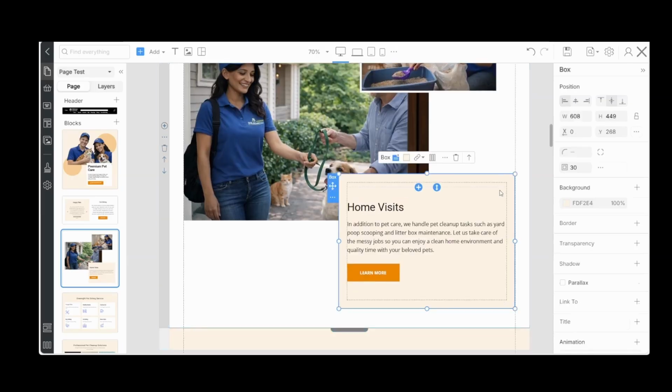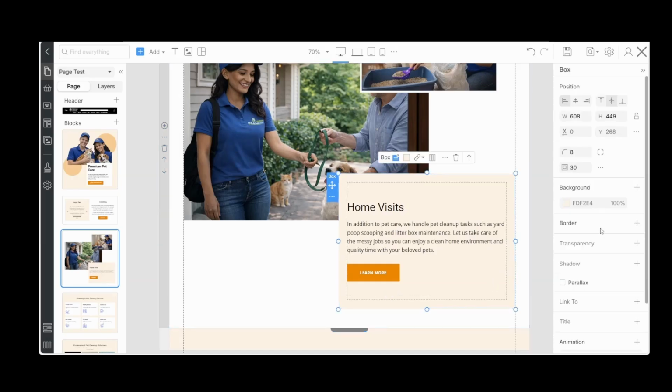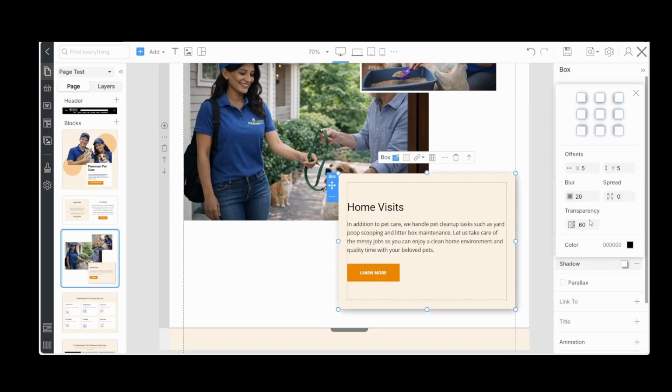Let's soften this a bit. Take it to 8. I like. Let's add a shadow. Pretty nice. A little too much shadow. We'll take this to 80. I like.